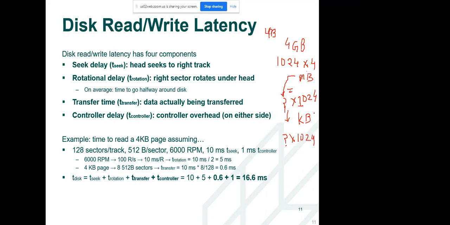Sometimes I have seen in a lot of books that they consider, instead of 8 bits, 10 bits in 1 byte. Sometimes they assume 1 byte can have 10 bits for easy calculation. That is why in Google conversion, whatever you search, it is showing something else. But originally that is 1024. Both are correct.